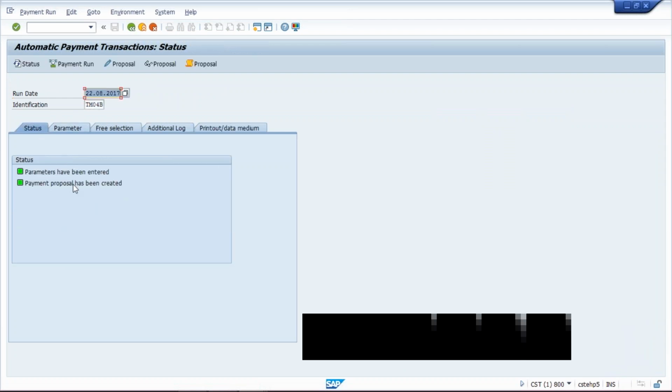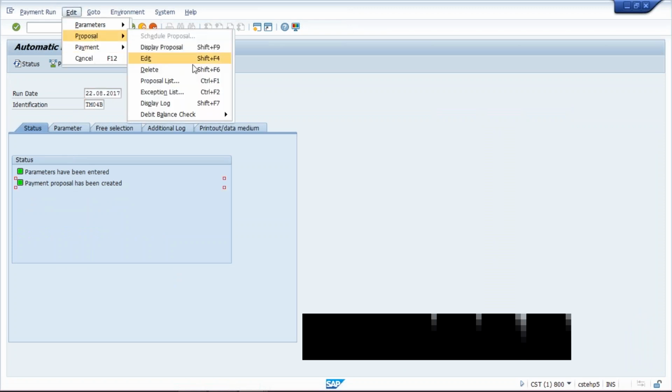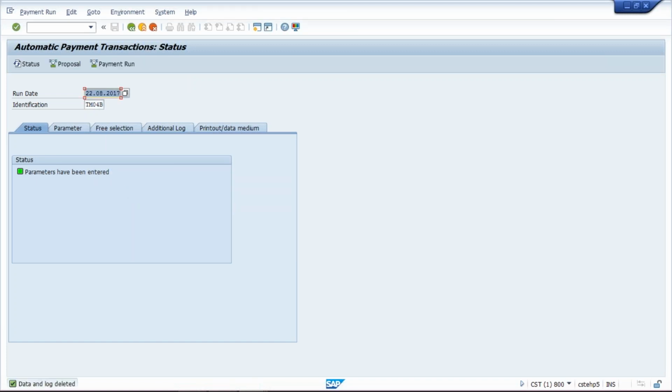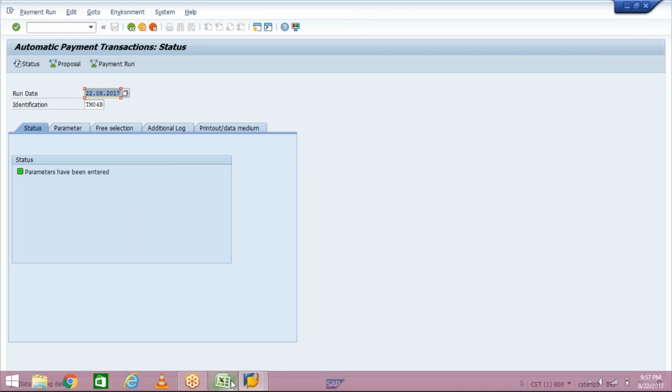Okay, delete this proposal. Now I'm going to delete this proposal. Why have I deleted it? Because we came to know that whatever criteria we have given, it's working perfectly. So at the proposal stage itself, I am going to delete. If you want, you can run the payment also. But here I just have to show you guys whether it is working perfectly or not. So I'm going to delete this proposal because it is working well. Now the criteria